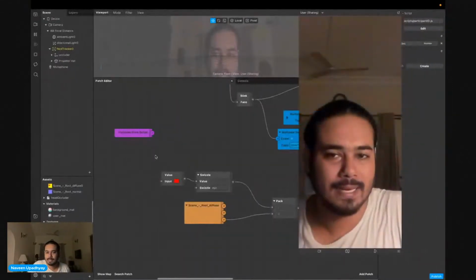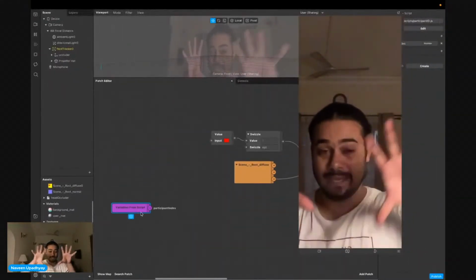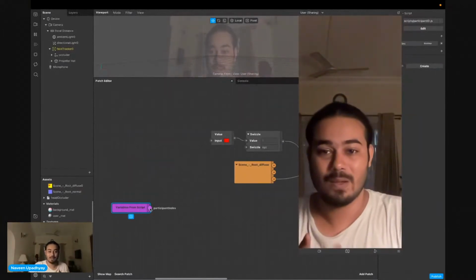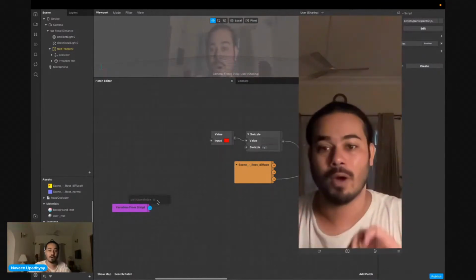So we're going to utilize that. It's going to load the same for everyone, except that when I open the filter, it's going to be 0. When you open the same filter, it's going to be 1 for you, because we are on the same video call.